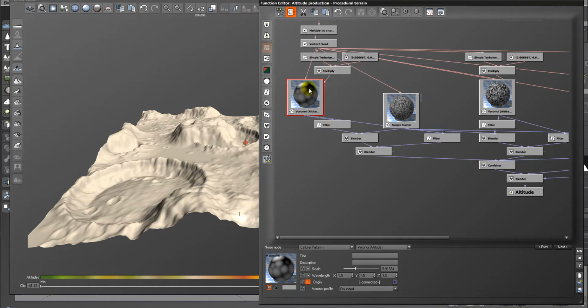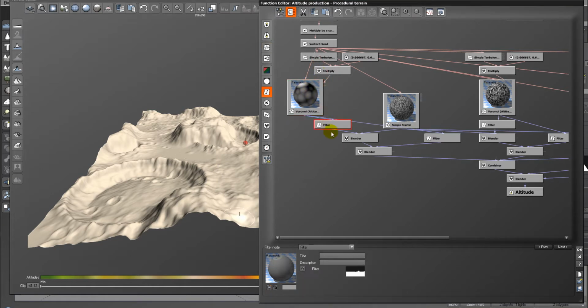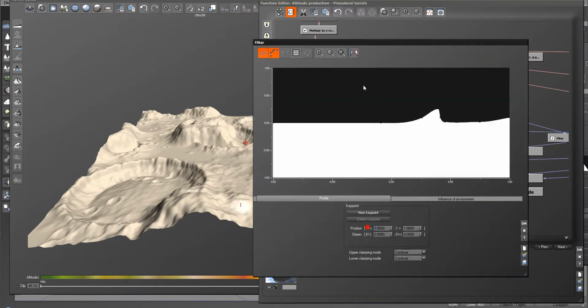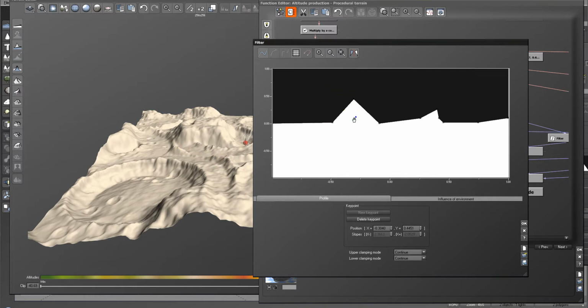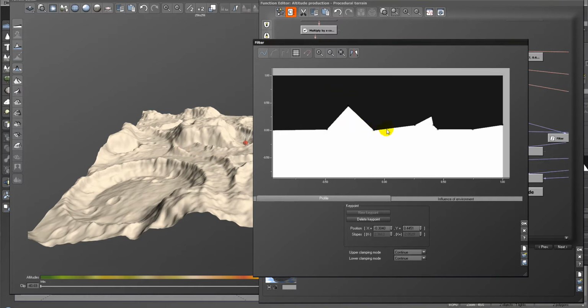Next we can notice that we have a filter, and this filter creates this edge. So let's open and edit. So if I go ahead and create just a point right here in the middle, you can see we just create another ring going around. So in this case what I want to do, if I want to create multiple rings,